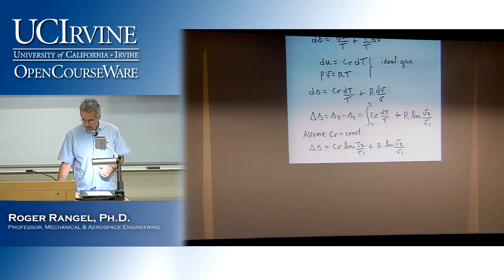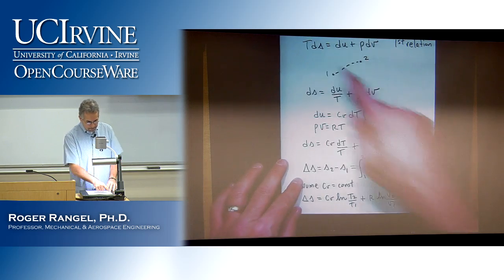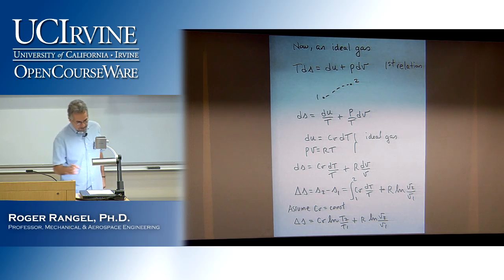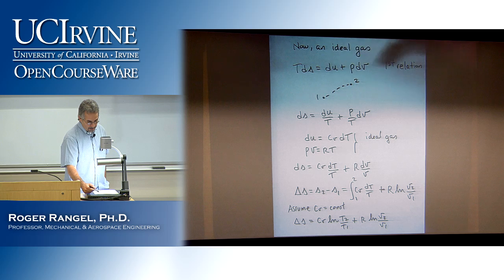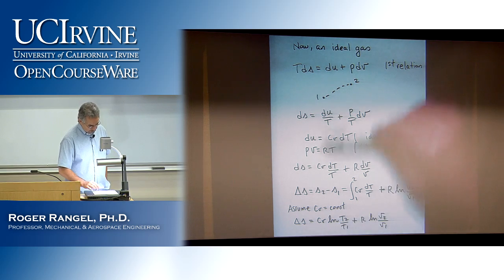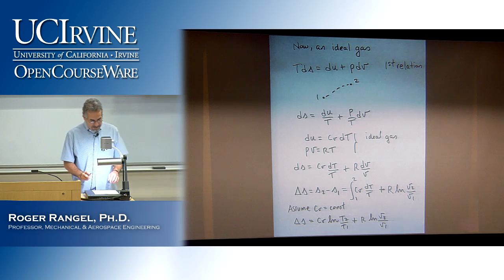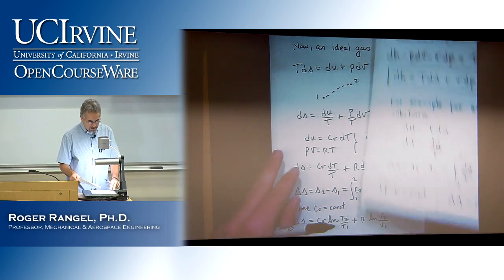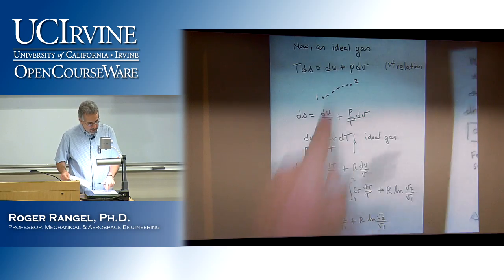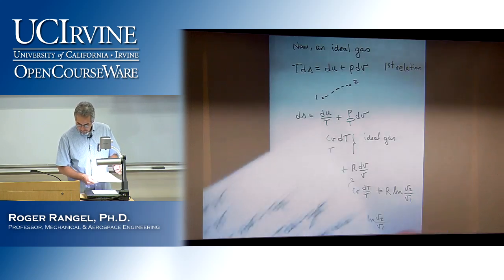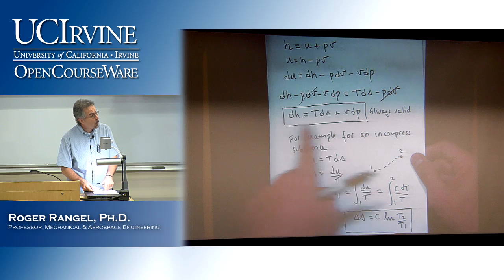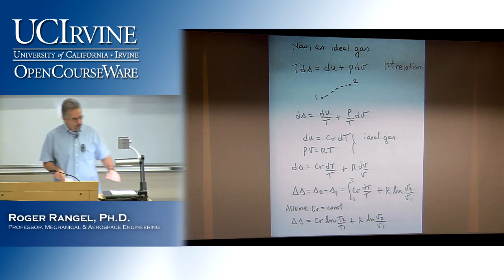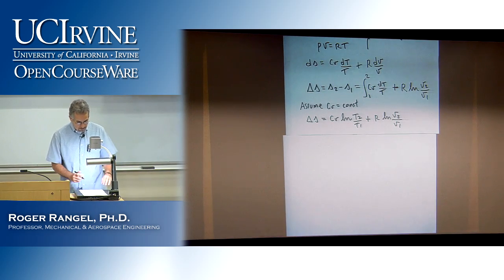Similarly, and I won't go over the whole development because it's very similar, I started out with this, the first relation that we derived, and I went through this exercise and I arrived at that. If instead of starting from the first relationship, I start from the second one, remember the second one has dH instead of du, in fact, I guess that's the only place I wrote it. So if I start with this one instead of with that one, then I will get something similar. But I won't do it because it's a similar development. So you will get